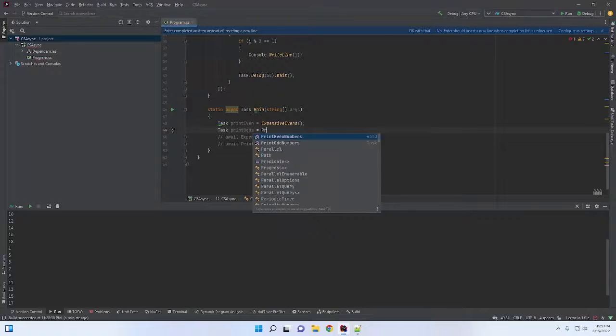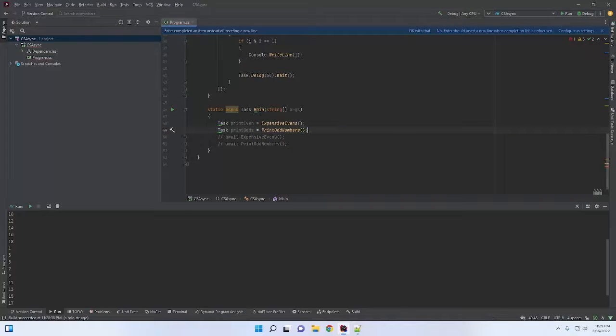And this will be the print odd numbers. So since these are a task and we're getting them back from those methods, we're storing it into a task, and this could probably actually be var. Yes, it can be var as well. Notice it says it's task because it knows what it's getting back. Now we can await those.